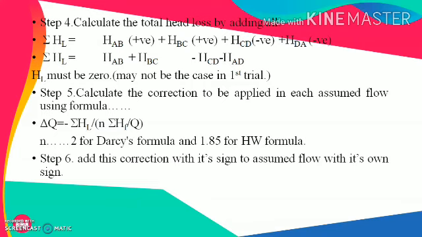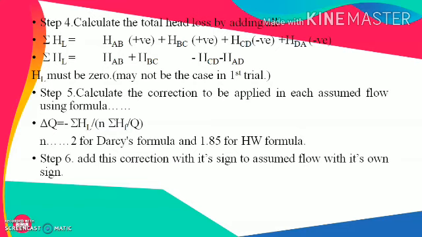And as we are aware, the head loss must be 0. So it may not be the case perhaps in the first trial, as in this particular solution we need to take a number of trials, and ultimately we reach certain values of flow through pipes which will have a sum of head loss equal to 0, and that is going to be the ultimate flow